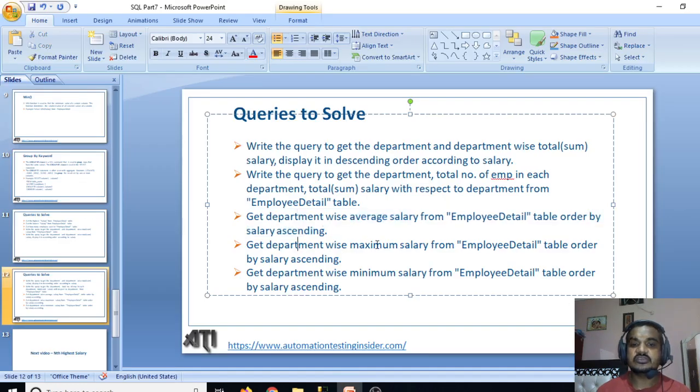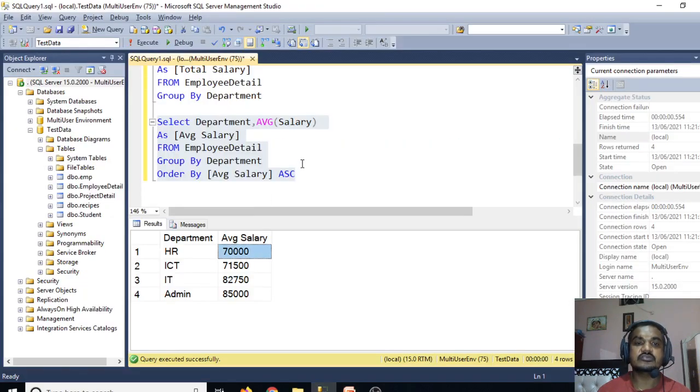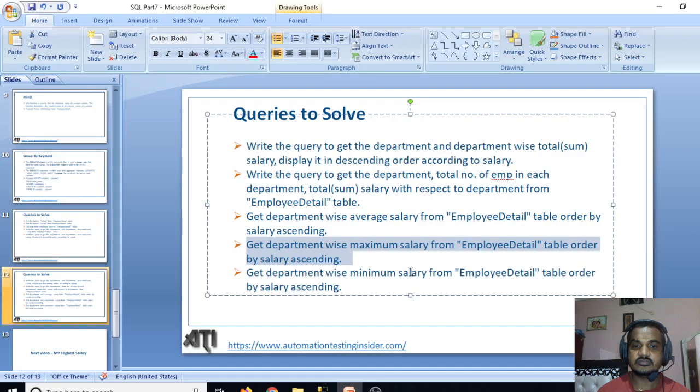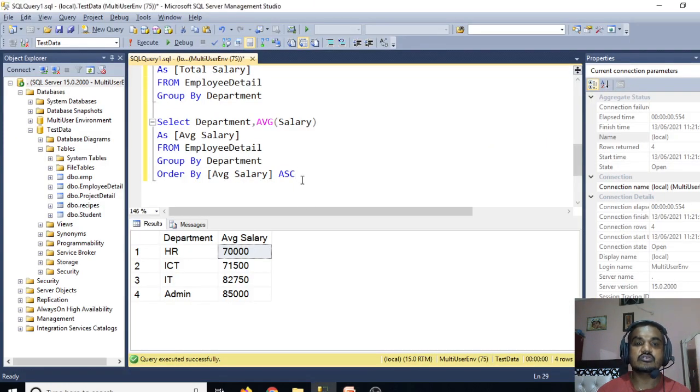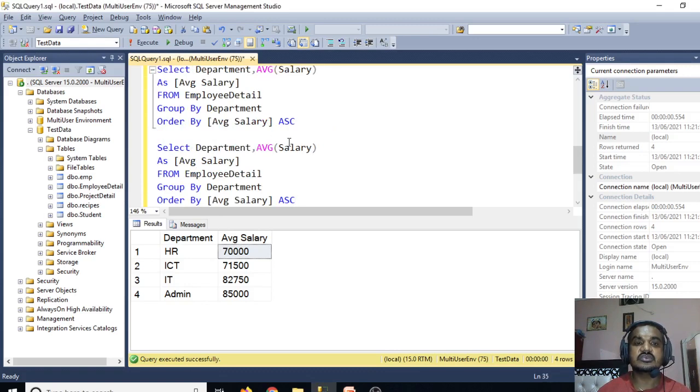Get department wise maximum salary from employee detail table, order by salary, ascending order. So for department wise maximum salary, we simply copy paste over here, because the next query will be similar.